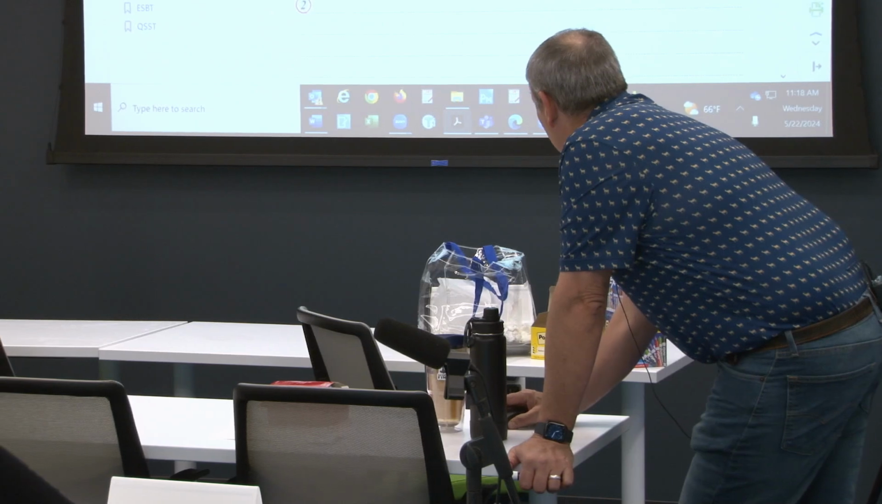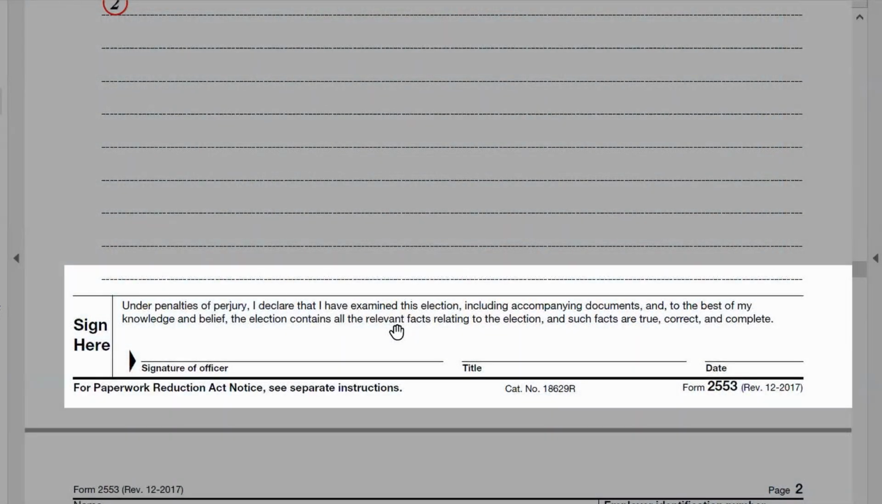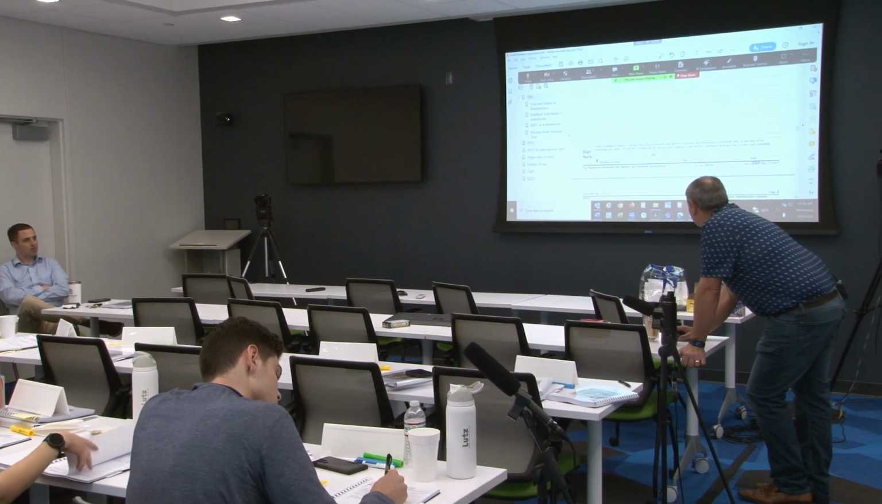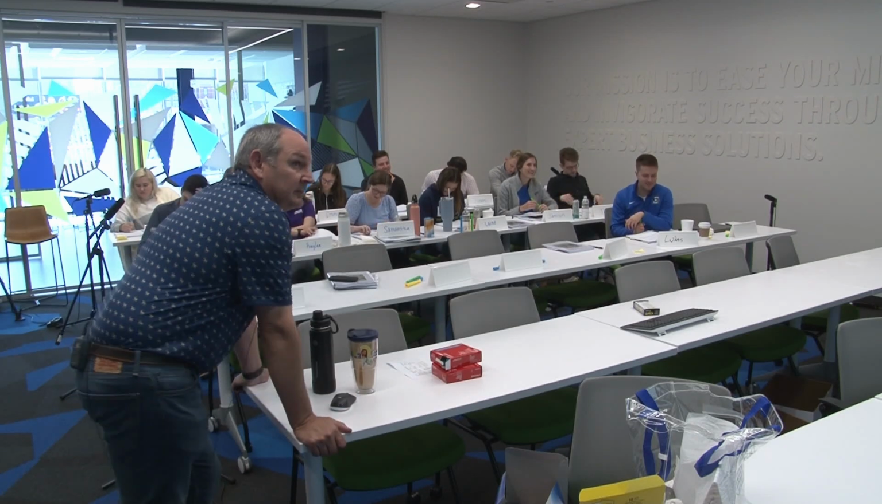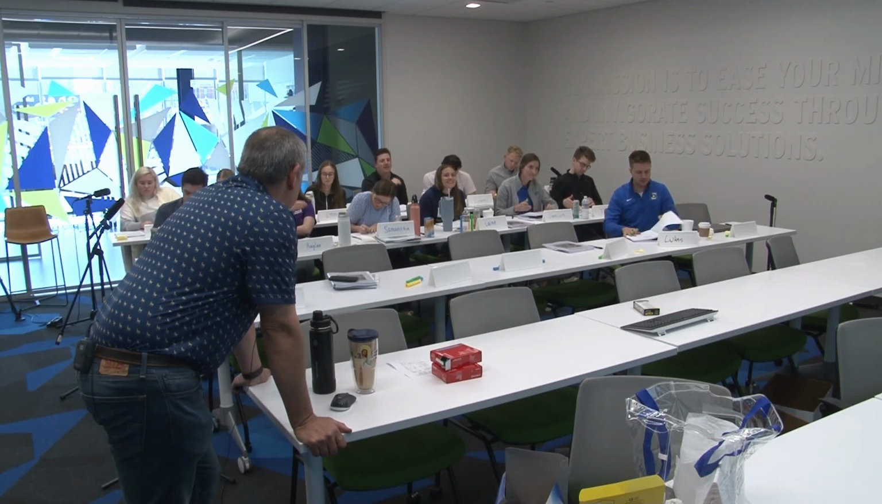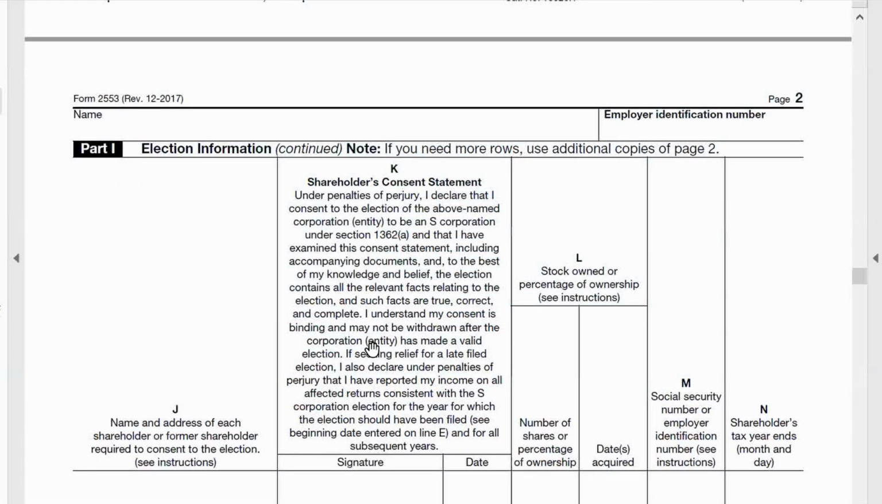The second thing worth noting is this signature line. The signature on the 2553, I'm almost positive, can be signed by an officer of the corporation. It doesn't have to be a shareholder, I think. What it says. Yeah. Okay, all right, well, I got that right. But this section, part 1, has to be signed by every shareholder. So, if we have, and I have encountered this,